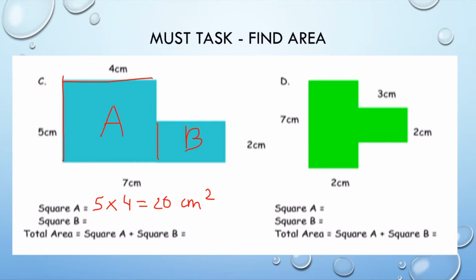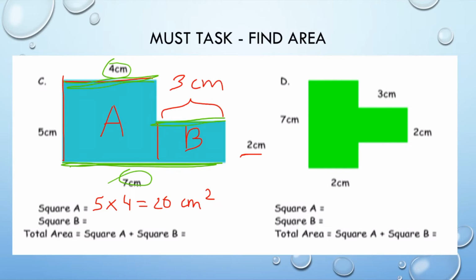Okay, for the second one, we have the width as 2 centimeters, but we need to find the length, and this is missing. How do we find missing lengths? Well, as you can see here, this is the whole length, which is 7 centimeters, and here is a part of it which is 4 centimeters, and the rest of it is unknown. To find the missing length over here, we have to subtract 4 from 7. 7 minus 4 will give us 3 centimeters. There we go. And we just multiply both of them. 3 into 2 is equal to 6